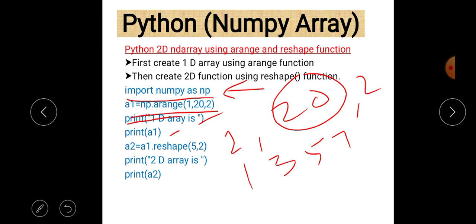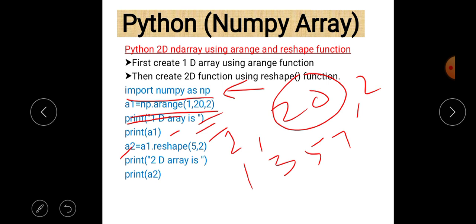Then after that there is a variable a2, which is declared as a2 is equal to a1 dot reshape 5 comma 2. So this one dimensional array a1 will be converted into a two dimensional array which contains 5 rows and 2 columns.